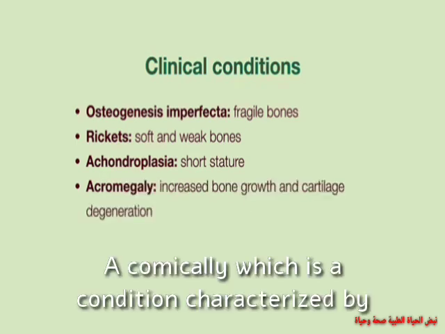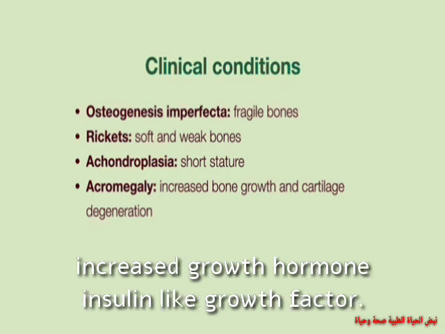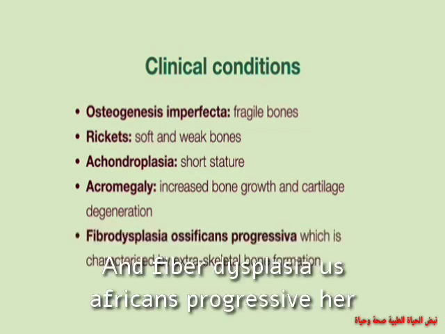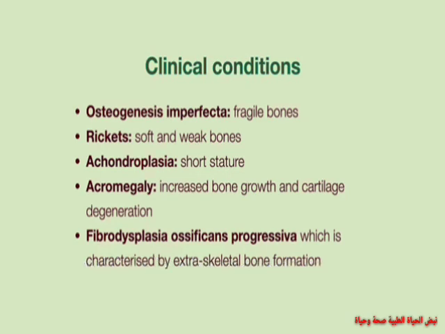Acromegaly, which is a condition characterized by increased bone growth and cartilage degeneration due to increased growth hormone and insulin-like growth factor. And fibrodysplasia ossificans progressiva, which is characterized by extraskeletal bone formation. In other words,